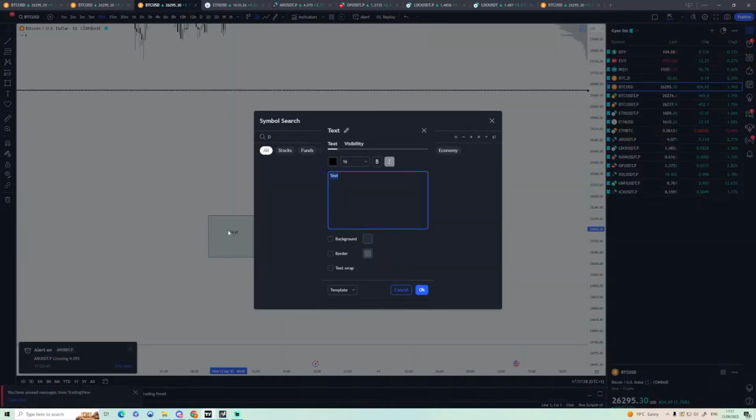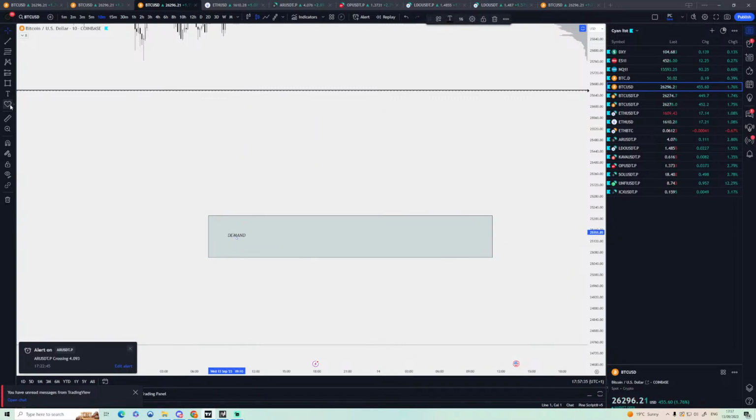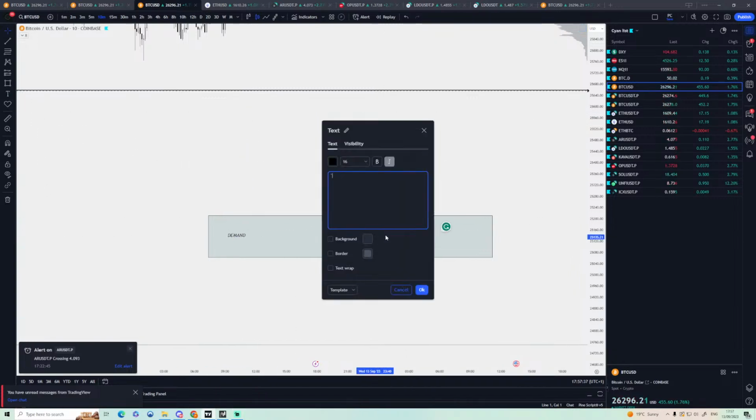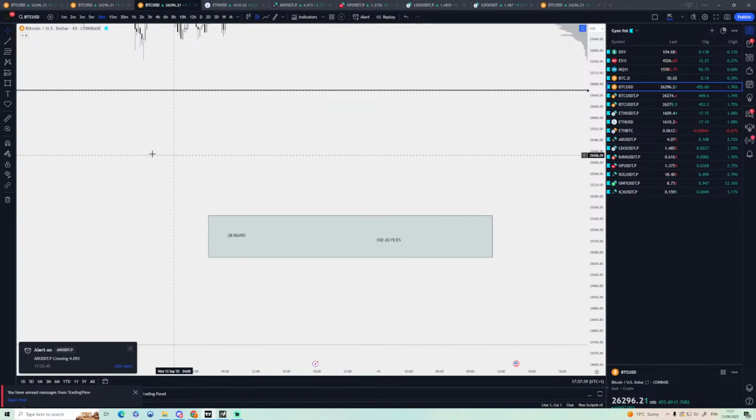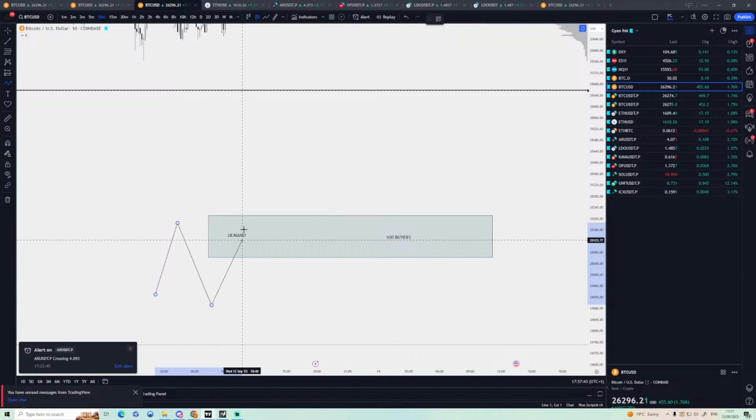This is demand. Let's say we have 100 buyers willing to buy in this demand, right? So price comes up, we form this demand area here, we break higher, and price is coming down into this area,